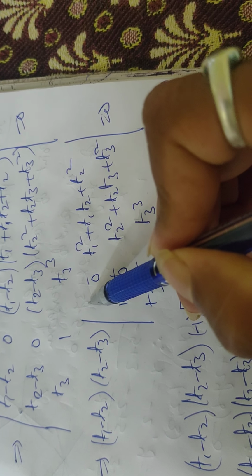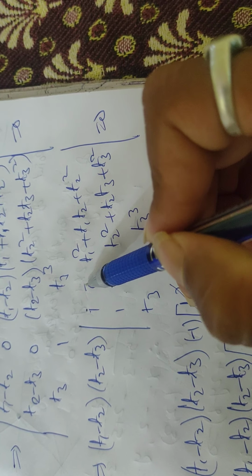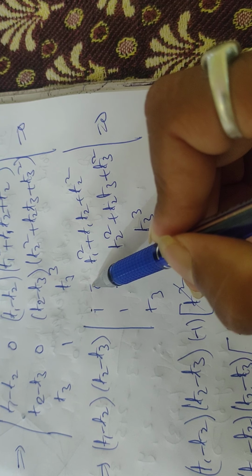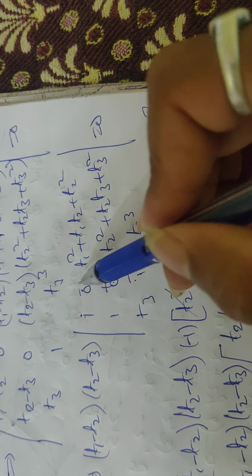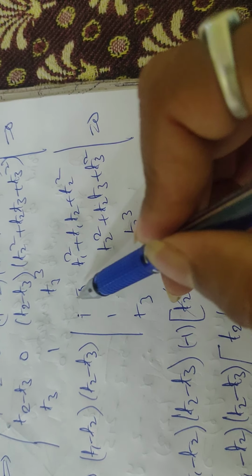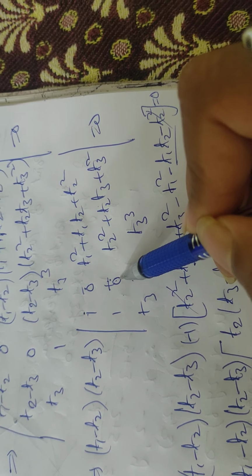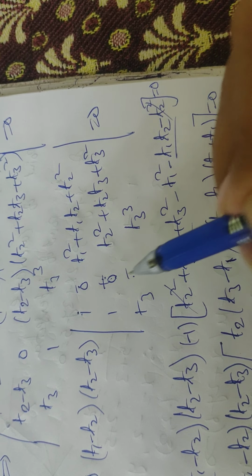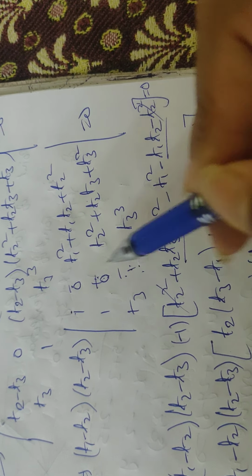Here actually the first sign is plus only, shortcut method: plus minus plus minus. So the sign for this 0 is minus, this 0 is plus. Now you got 1 with minus. So if you expand this, 0 into anything is 0. Actually, leave the row and column passing through 0. So 0 into anything is 0, so no need. Here also, the row and column passing through this 0, 0 into anything is 0, so no need to expand. But for the third element, minus 1, so minus 1 into, leave the row